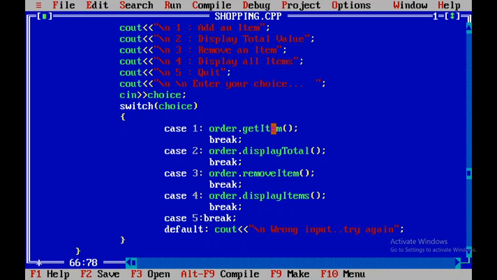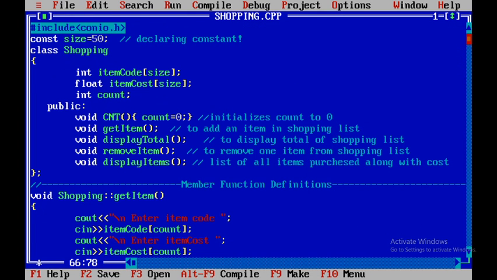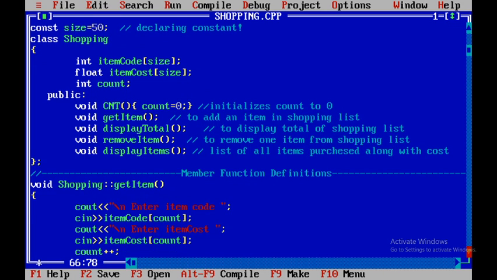Our object name is order, and get atom is a member function. So order dot get atom will call the get atom method, and after that whatever the get atom method has will get executed.